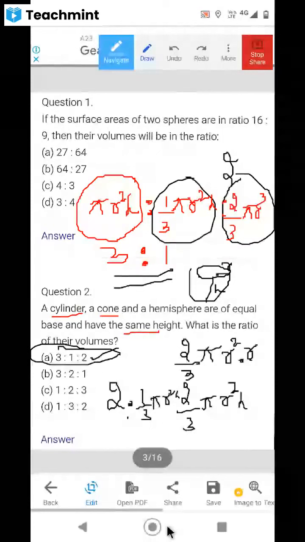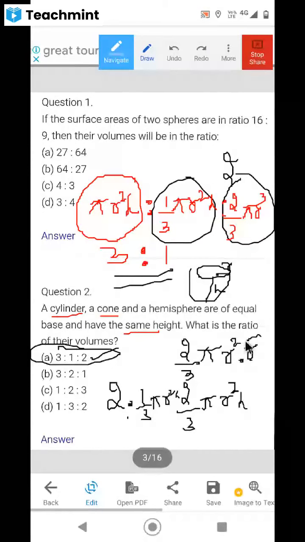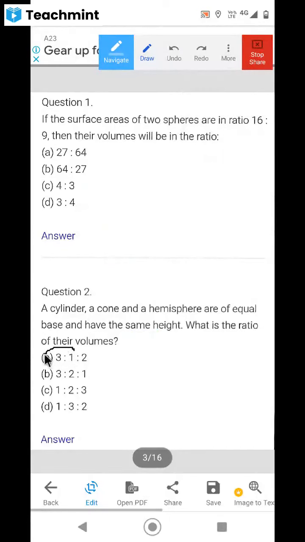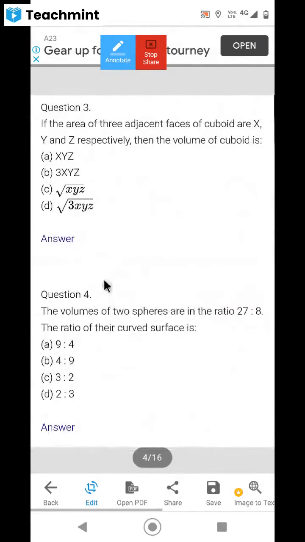Yes. Okay, I hope everybody got it. I took more time to explain the third thing because we have to explain r³ into r² into r. Then again, r has to be made into h. So that's why it took more time. But it's okay. Even if you analyze the first and second things, you are going to get the answer. I hope it is clear. If it is not clear, you can look back into the video and ask me the doubt also. Okay, let us do this question.